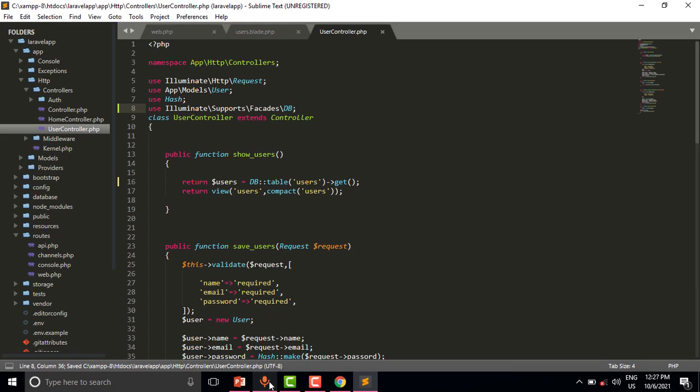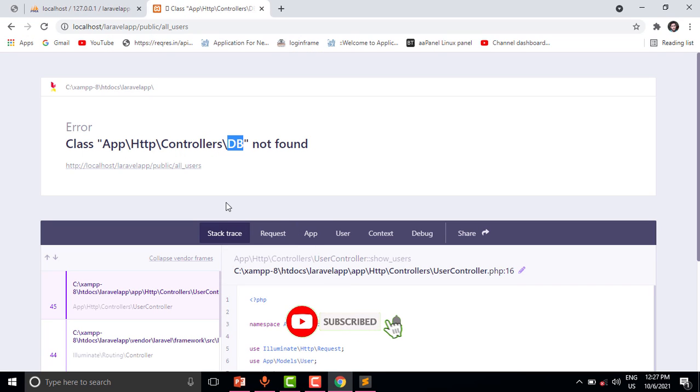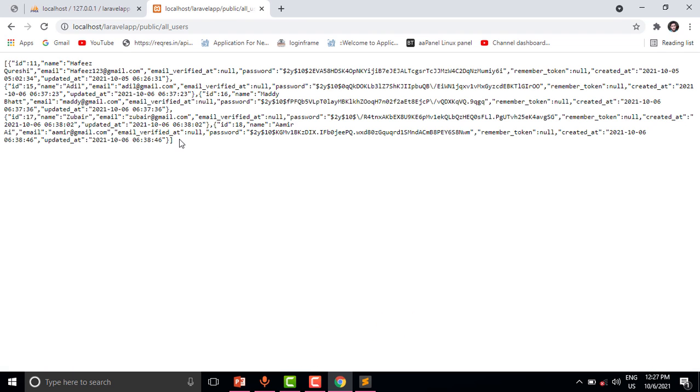Save this file. So let us refresh again. Now you can see we are getting all the records from the database.